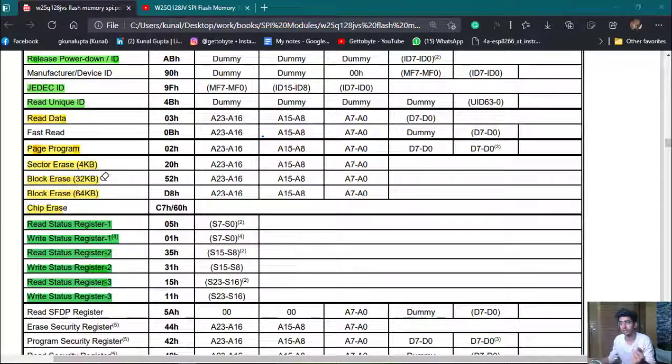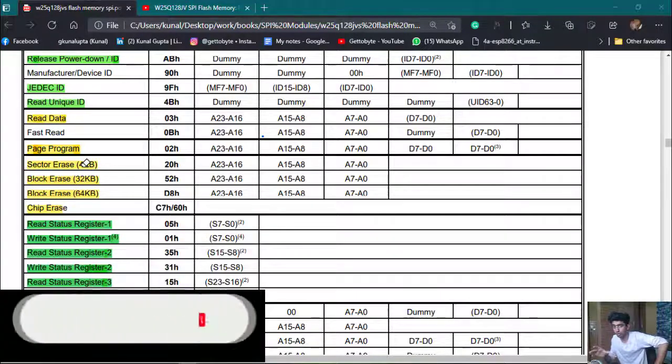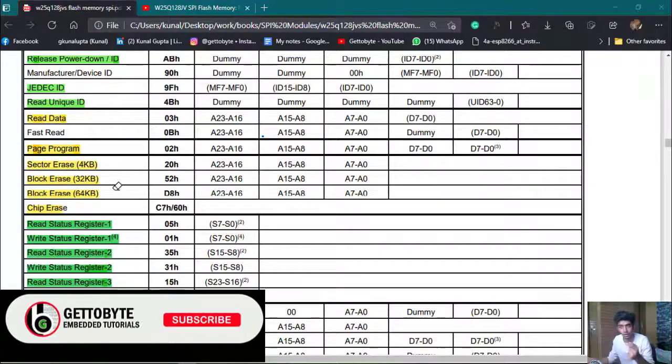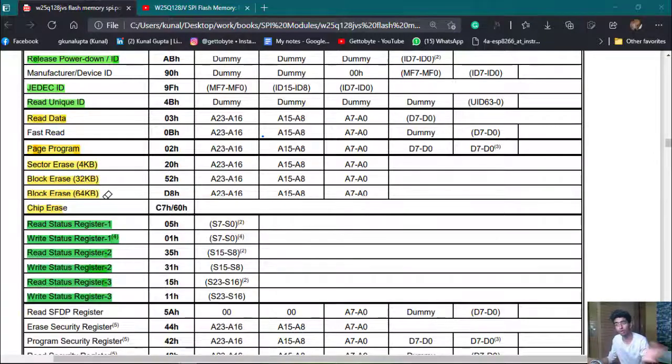And if you want to erase in terms of 4 kilobytes only, that is 4096 bytes. So we can either erase our memory contents with the 4 KB sector erase, the half block erase of 32 kilobytes, or the full block erase of 64 KB, or we can completely erase our memory chip, from all of its memory addresses, with the chip erase instruction.